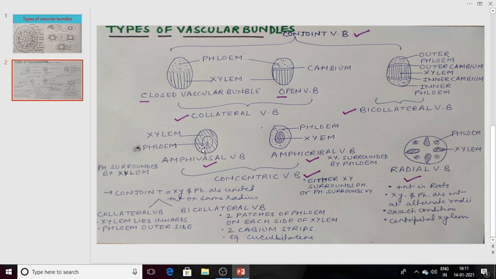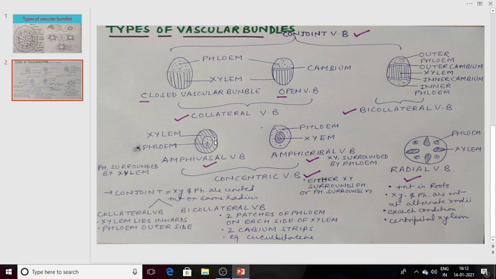Everywhere you just concentrate on this portion, then you will come to know that this portion is representing xylem. So here the inner core is xylem and the outer portion, which is represented by dotted structure, is phloem. So here the xylem is surrounded by phloem, and this kind of vascular bundle will be known as the amphicribal. So the second type of vascular bundle is known as the concentric vascular bundle. The definition of concentric vascular bundle is that either the xylem will surround the phloem or the phloem will surround the xylem. And the concentric vascular bundle will be again of two types, amphivasal and amphicribal.